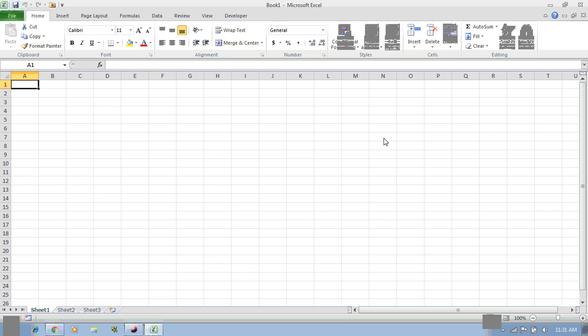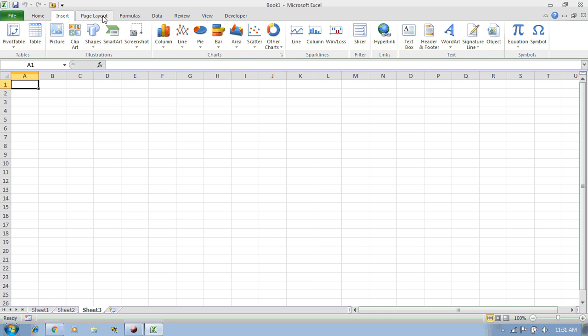When you see the Excel application, by default Excel opens up with three sheets here, as you can see. When I am talking about these three sheets, it is the 2010 version. And you can see these menus.